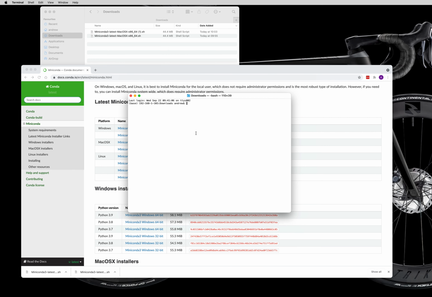And then the first thing I'm going to do is create a new conda environment. So to do that, you type conda create for create new environment. Then -n tells conda what the name of the environment you want to create is. I'm going to call my environment dev3. So it's going to create my conda environment, call it dev3, and in it I want to install Python 3.8. Once you're happy with that, you press enter,